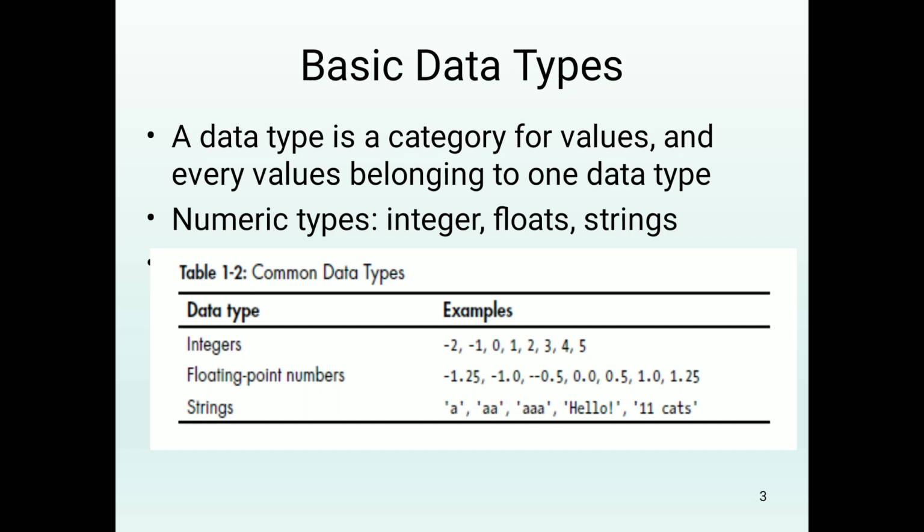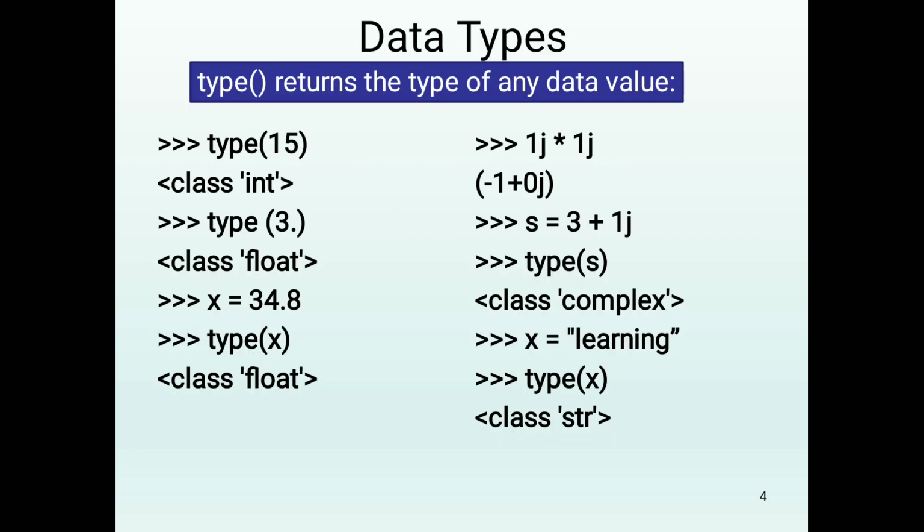So three basic common data types are there in Python, which are integers, floating point numbers, and strings. Okay, how can you come to know the type of a variable, since there is no explicit declaration in Python? In C, Java, and C++ programming, we use explicit declaration for variables. For example, if you want to declare a variable as an integer, you declare it like this: int a, or else float b, or else string hello. But in Python, only after assigning the value does that variable become that particular data type.